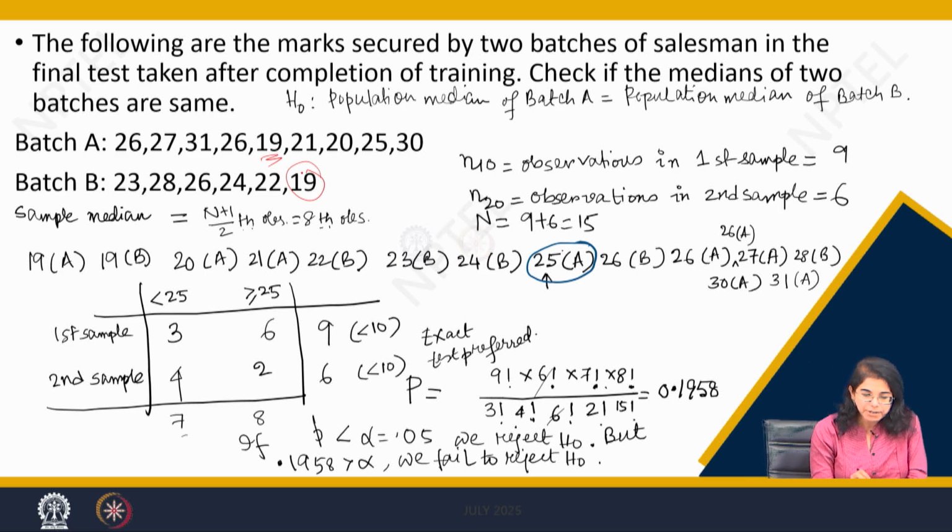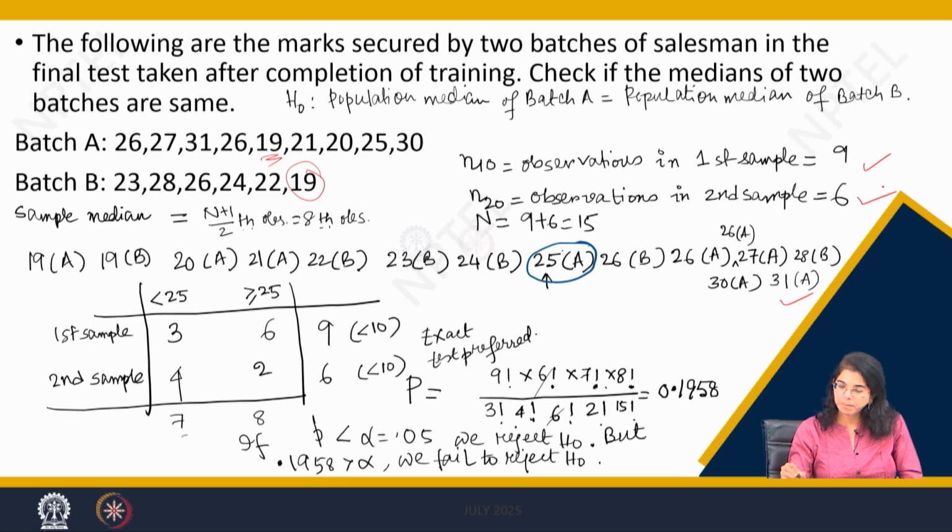Okay, so now we will have to figure out, so this is the arranged observation. How many observations are there? First sample 9 observations, second sample 6 observations, so altogether 15 observations, and the sample median will be located as the 8th observation, because 15 plus 1 divided by 2, that is 16 by 2, that is the 8th observation. And which observation stands at the 8th position? Let us count from the left hand side. 1, 2, 3, 4, 5, 6, 7, 8. So 25 is the median of that combined sample.